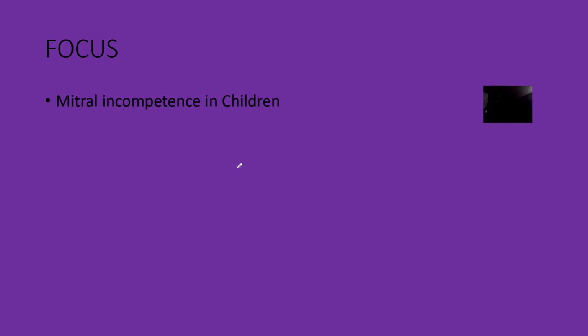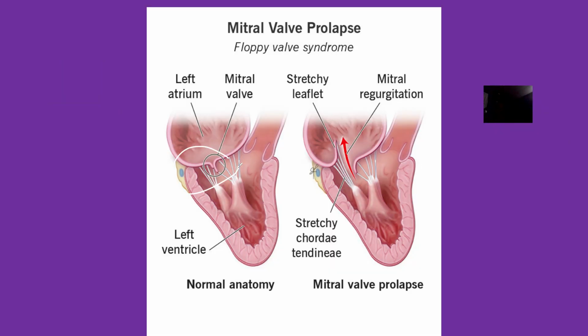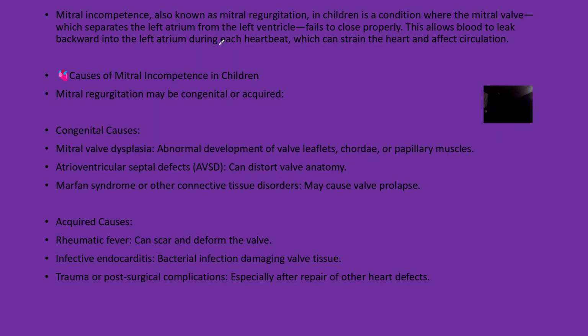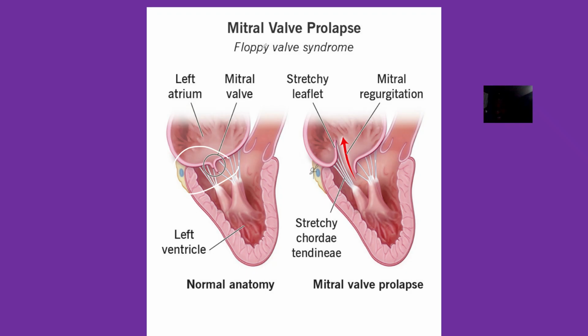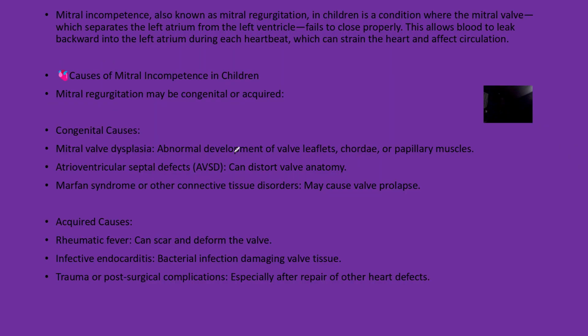So is the incompetence. Now incompetence can be caused by many things, so we also look at the possible causes of this issue. For mitral valve incompetence, we said it's also known as mitral valve regurgitation. So let me just explain this once and for all. Blood is supposed to flow one way from the left atrium down to the left ventricle. Do you understand? So anything that has to do with blood moving from the left ventricle back to the left atrium, you have this issue coming up.